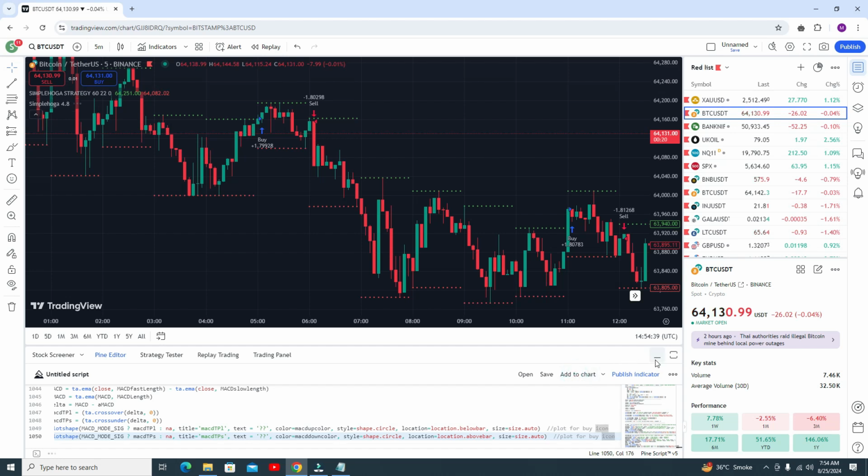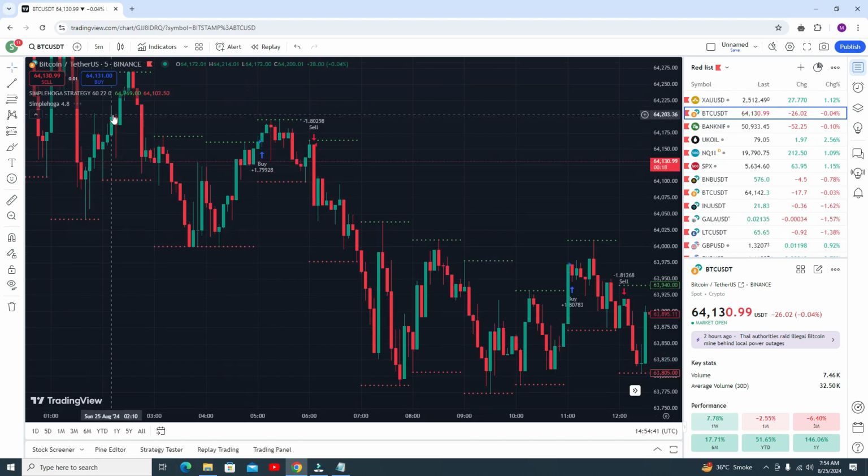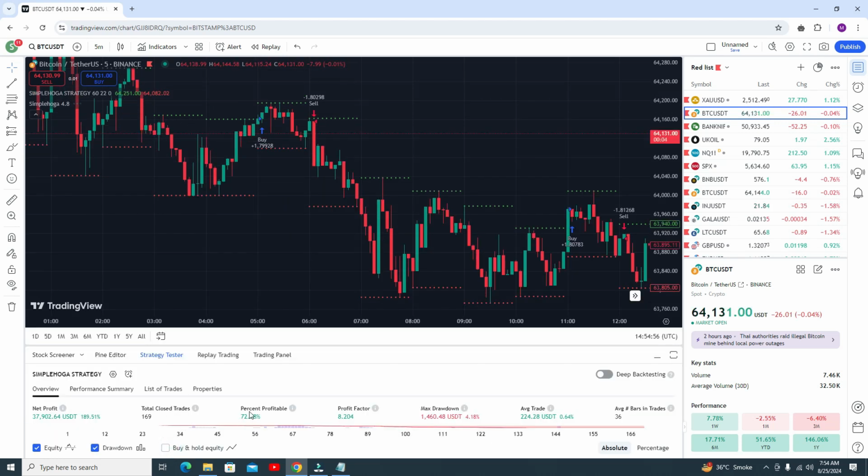Just click on add to chart. After clicking on add to chart, you need to change some settings. And I need to show you something more interesting. Just watch the complete video. Do not miss any point. Only this indicator is giving you the accuracy of 72%. Only this single indicator, but if you add this one more indicator, you will get the accuracy of around